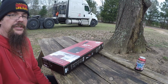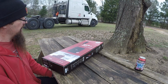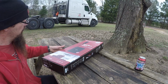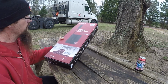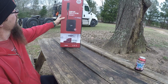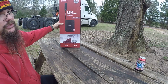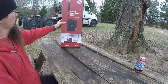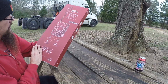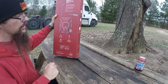Welcome to a nice, chilly, windy, wet day in East Texas here. I'm going to do my very first unboxing video for a product. I got this WeBoost by Wilson Electronics, a cell phone booster. It's supposed to boost your cell phone signal. I've been hearing good things about it, so I figure I'll give it a shot and do a review on it and let you guys know what this thing's